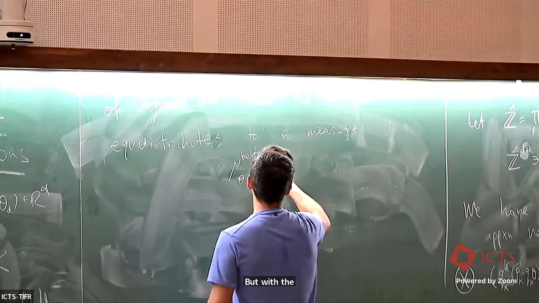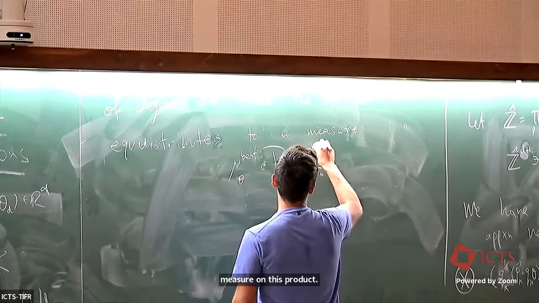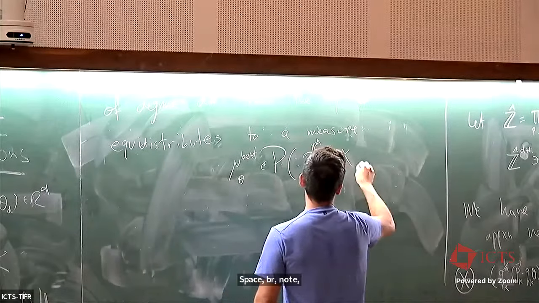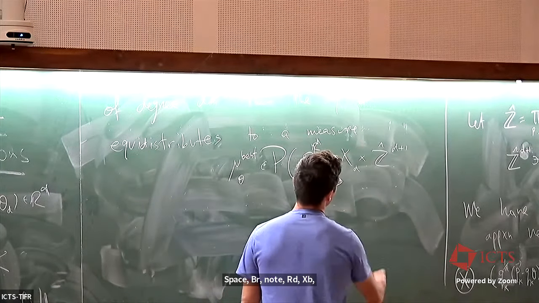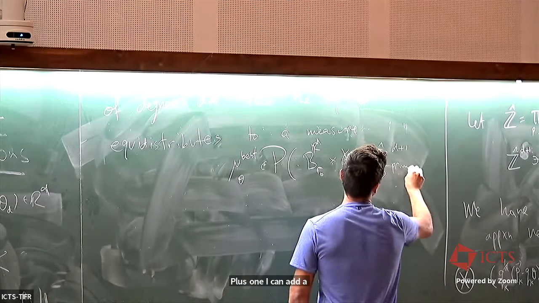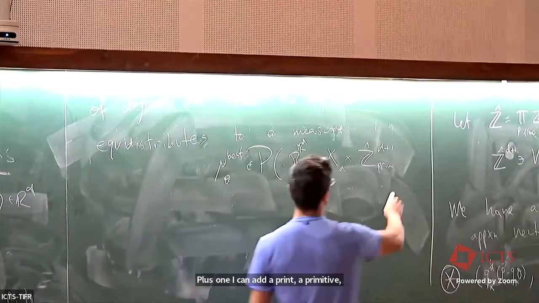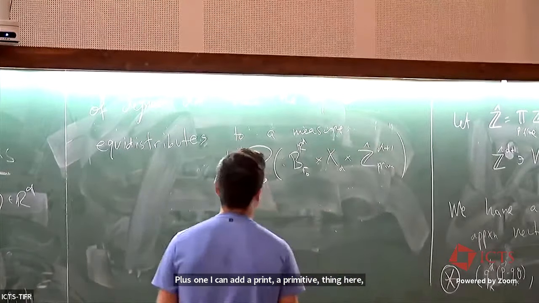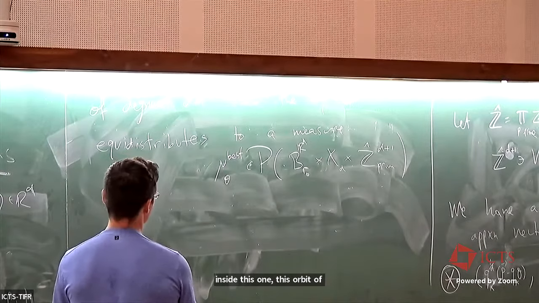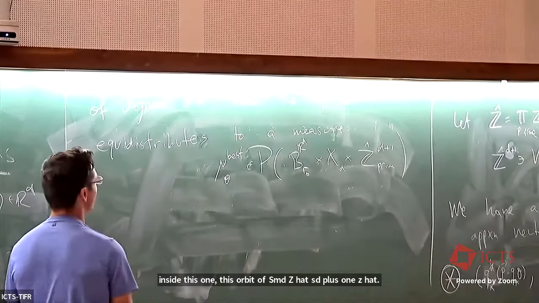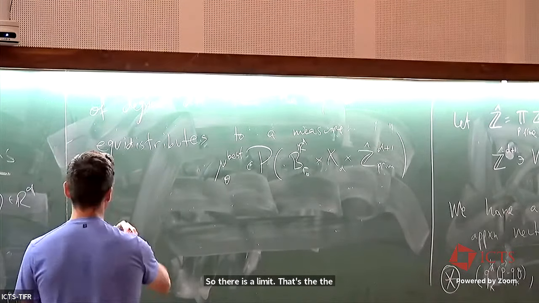So this is a probability measure on this product space, B_R(0) in R^d times X_d times Ẑ^{d+1}. I can add a primitive condition here because everything is stuck inside this orbit of SL_{d+1}(Ẑ). So there is a limit, that's the statement. And to complement that, moreover,